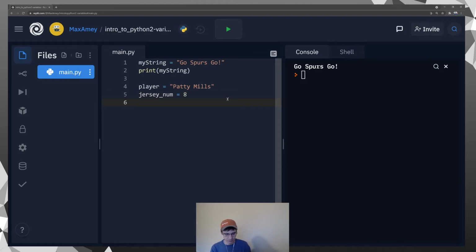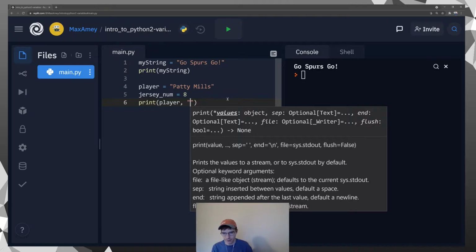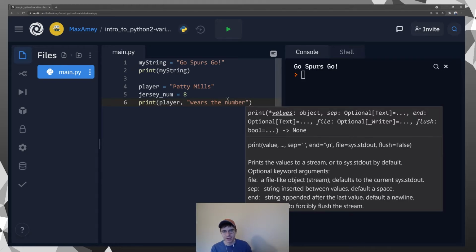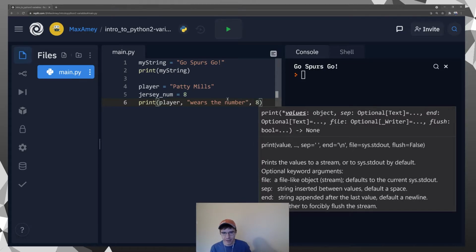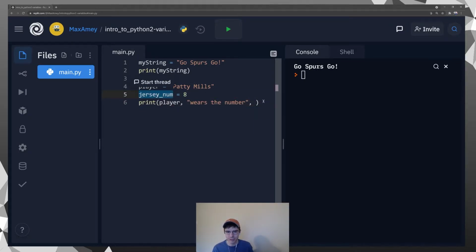And then let's print a sentence that uses both of these. So we'll start out with player. And then we need to separate this, which is its own value, from whatever we want to put in between these two variables. So if we say player, where's the number? And then we need to separate again with a comma. And now we can put in 8. Or we don't need to put an 8 there, right? Because we can just use the jersey number. And this